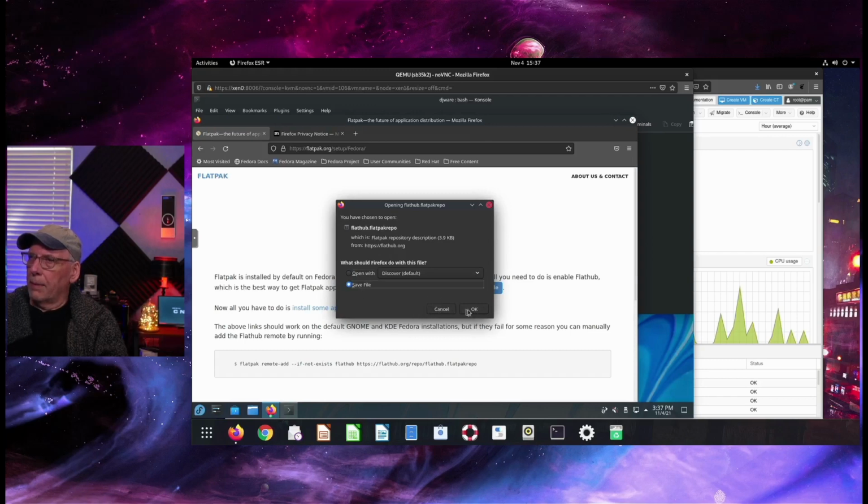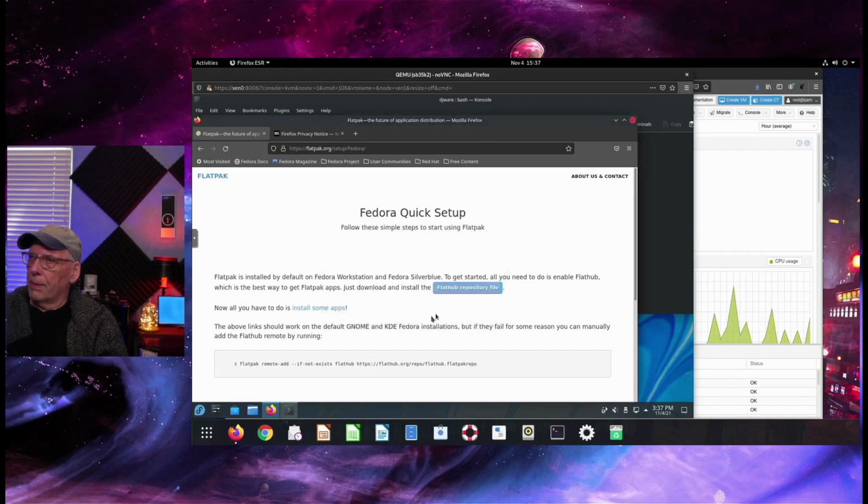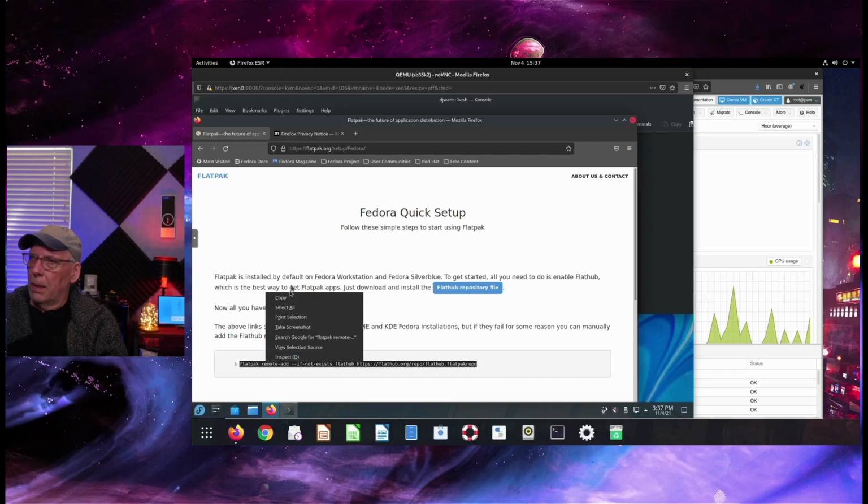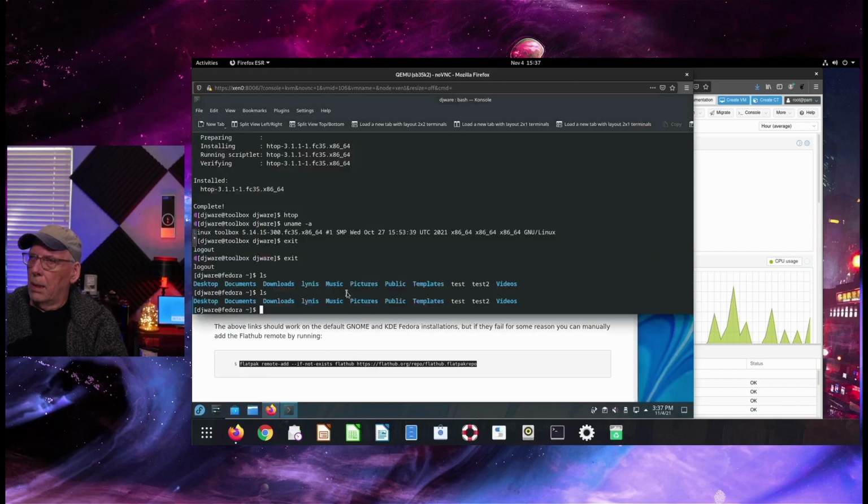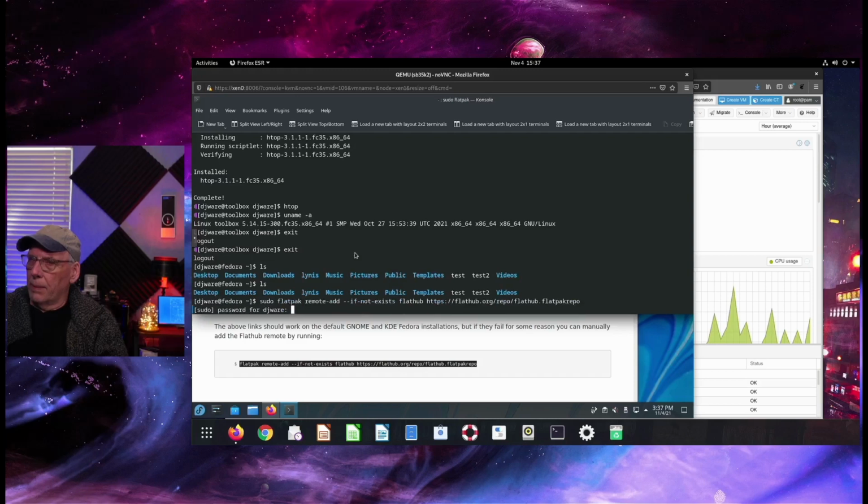I think I can, well, let's see if that's just, no, that's the repo. Let's do this. I anticipate that it's going to need sudo, but